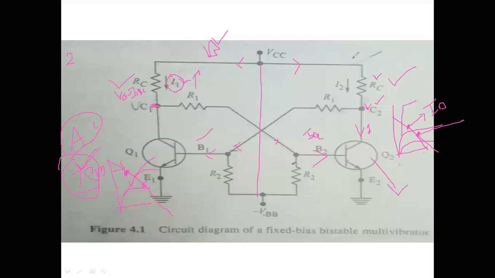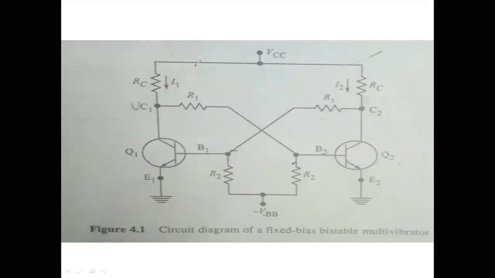In order to perform all these actions, that is, due to disturbance this current decreases, the base current decreases, and the transistor moves, the circuit has to satisfy three conditions. When these three conditions are satisfied, only then is it going to perform what we discussed previously. All this action is going to be done.